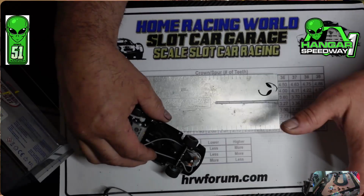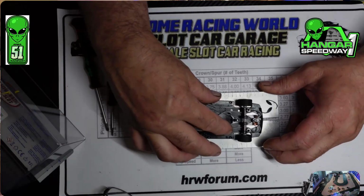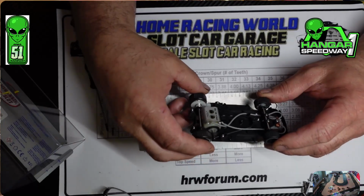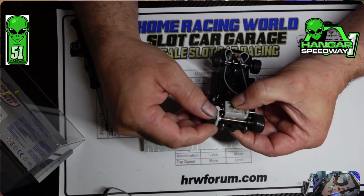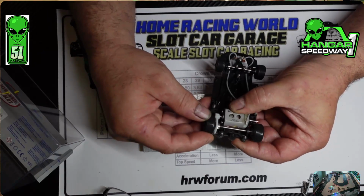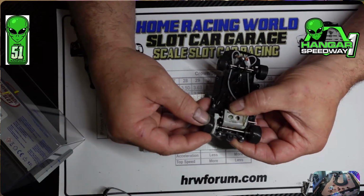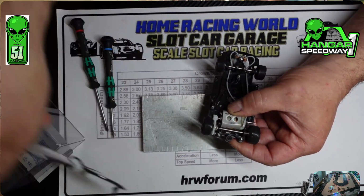You don't have to worry about hitting them. They get flung all over the place. So now we have the body off the car, and we're just checking everything out, making sure everything looks tight. See, you got a lot of movement there. And one thing that worries me right here is that